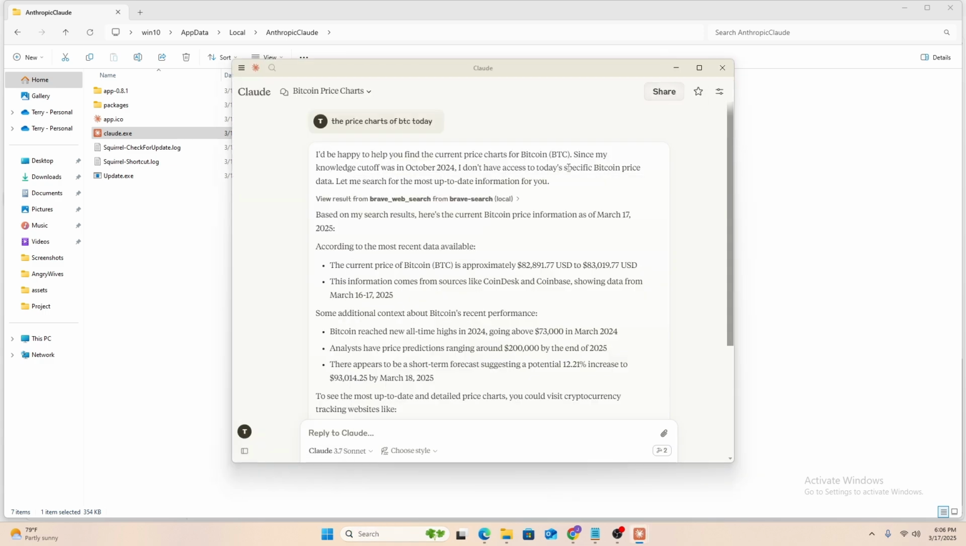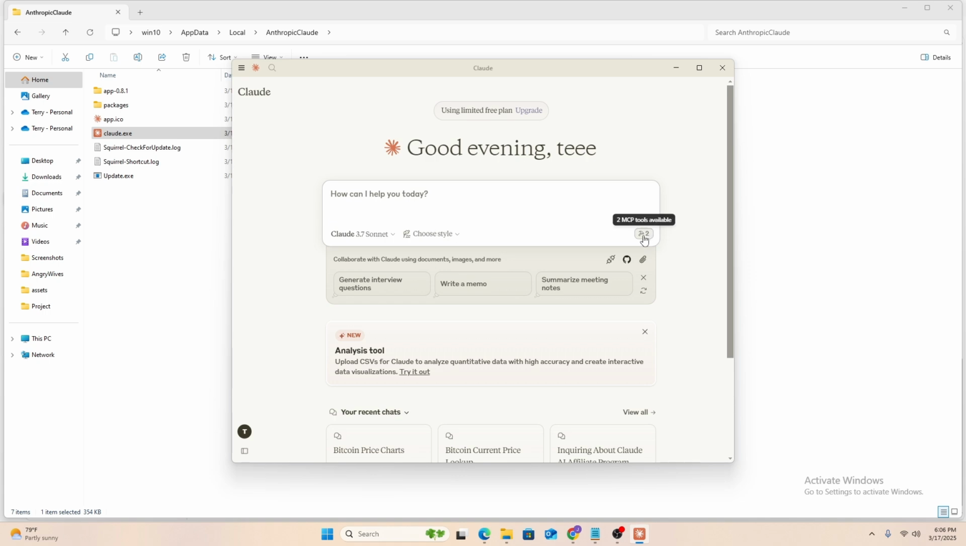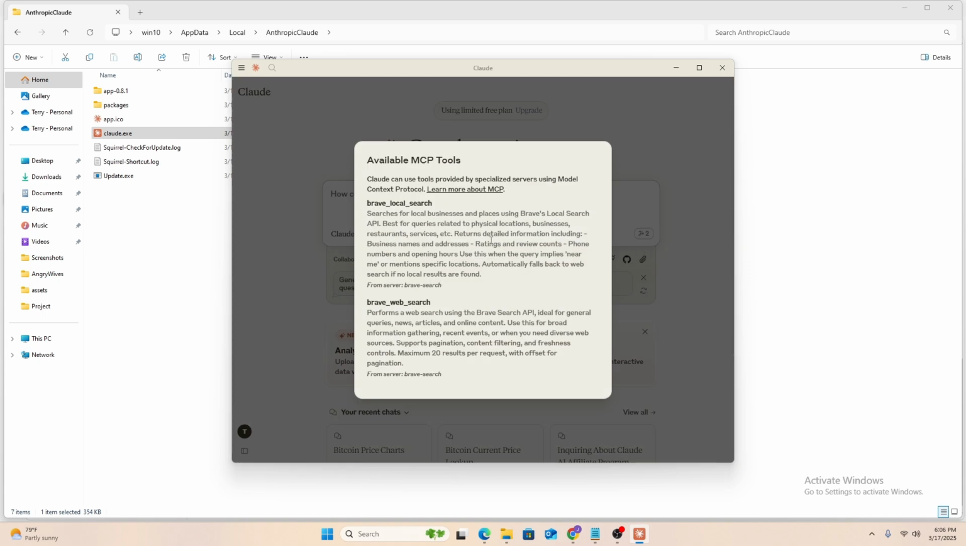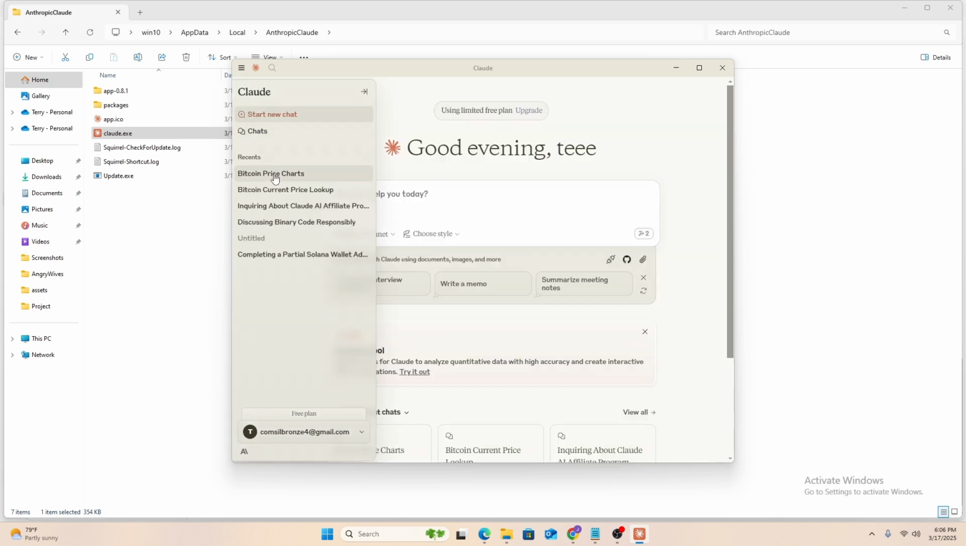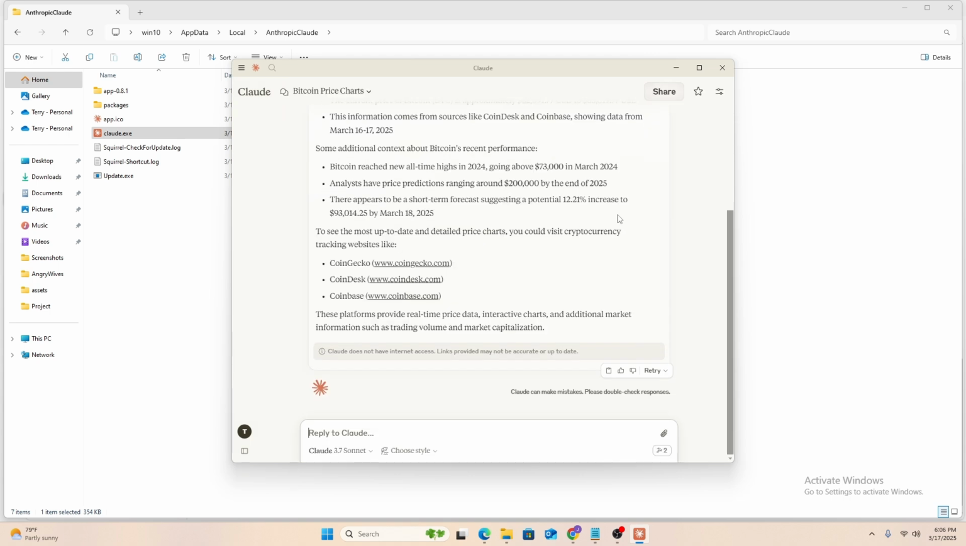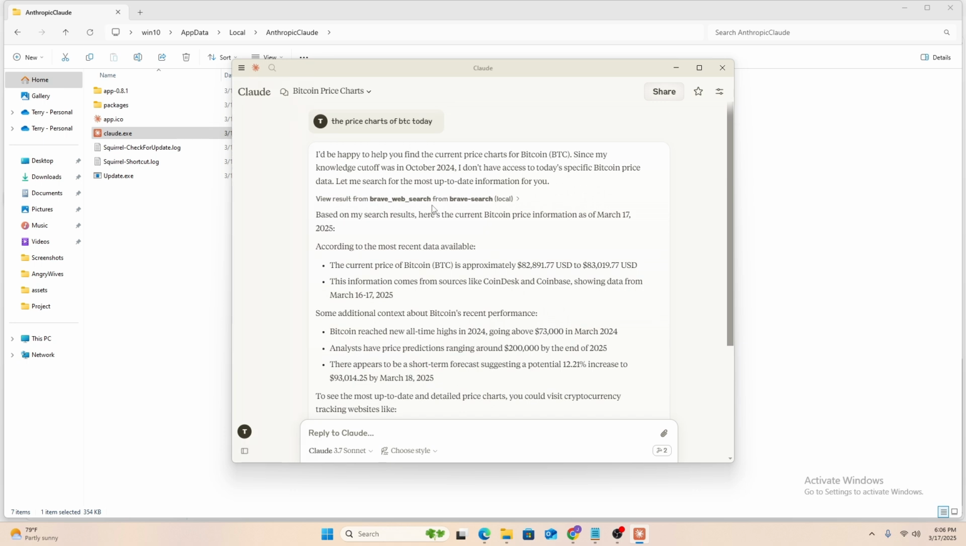And if we come back here, you will see this hammer type of icon, and it will show you what you've added: local search, web search. Okay. Now, of course, it's more powerful now because it can source the internet with timely information, as you can see here. Now, speaking of incorporating other MCPs,